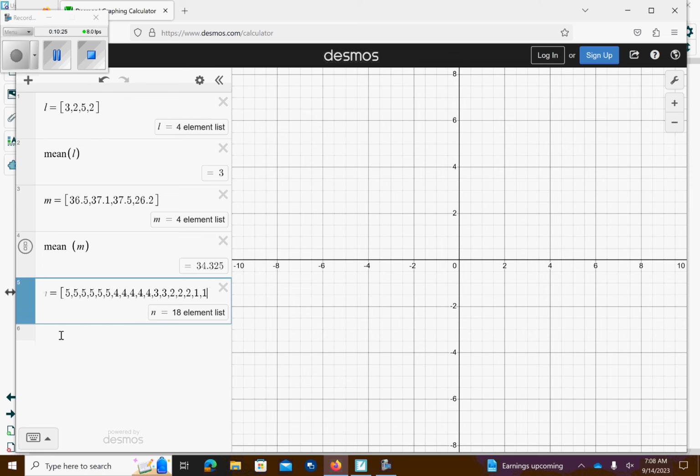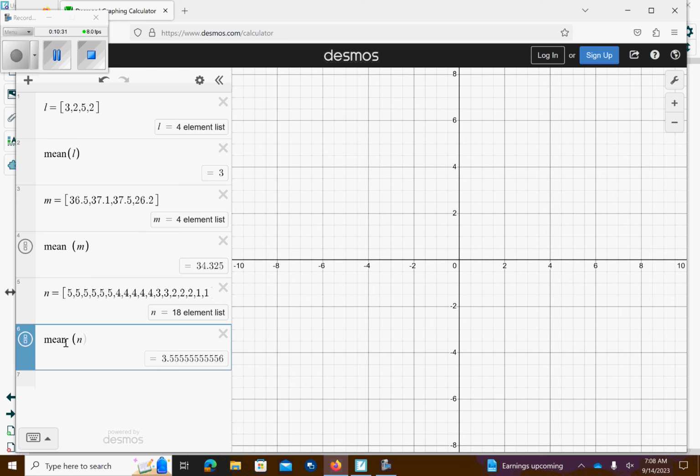So if we wanted to find the mean of n, it looks like 3.556 would be the average score. Is this a reasonable method for finding the mean? No. You don't convert ordinal data into numbers. That does not make the measure more precise. So that's kind of the big point there, so just keep aware of that. All right, we are going to be on